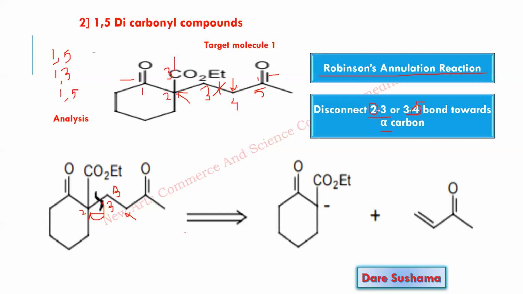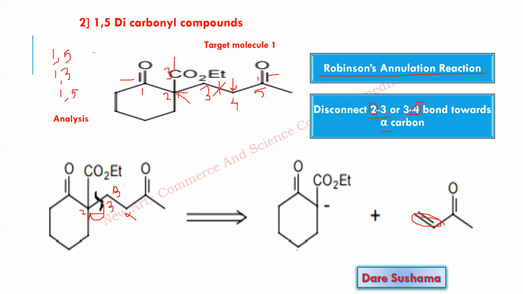So whenever a beta carbon has a positive charge, don't write the leaving group. Again, I'll repeat: whenever there is a positive charge on the beta carbon, don't write down the leaving group. If the beta carbon has a positive charge, the best synthetic equivalent is simply to place the double bond.